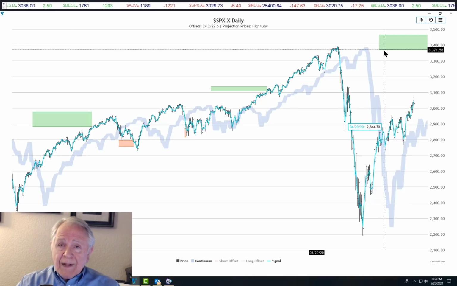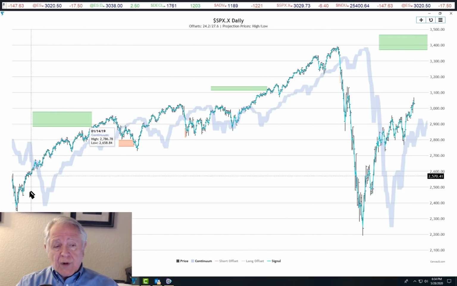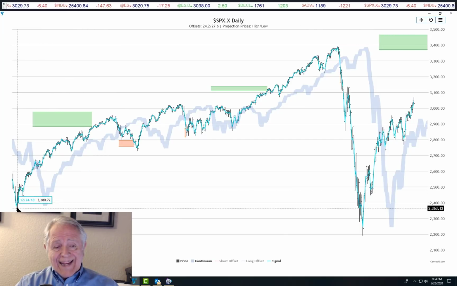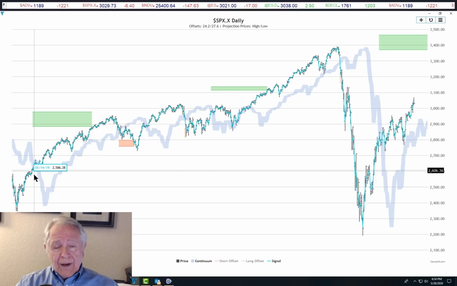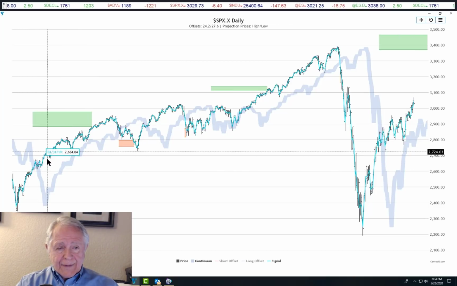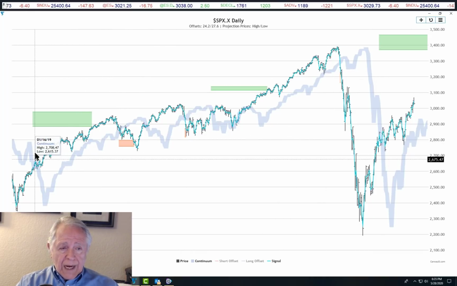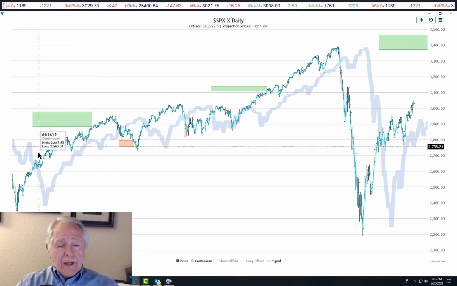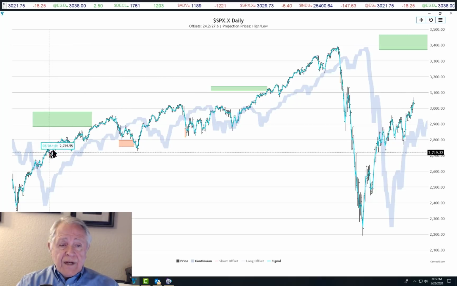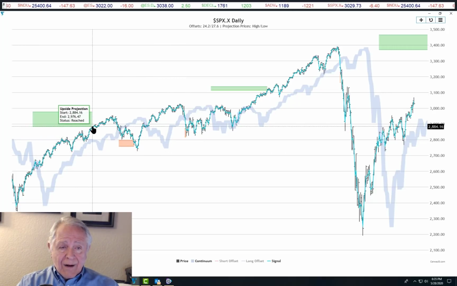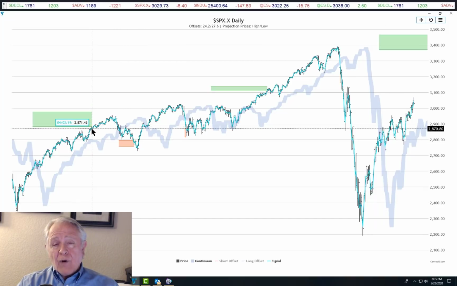And the reason I bring that up now is I want you to go all the way back. This is the Christmas low back here in 2018. And look what happened. We got an upside projection, the same offset as the current one, but the projection came in right at the end of January of 2019, January 24th, and you didn't reach that projection until right in here. That was April 3rd of 2019. So you're talking about over 2 months later. 2 months and a week or two later is when you finally reach that upside projection.